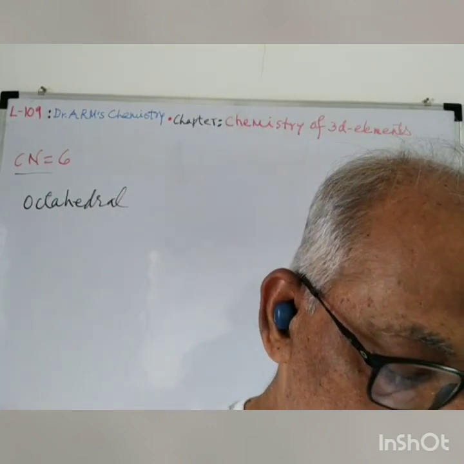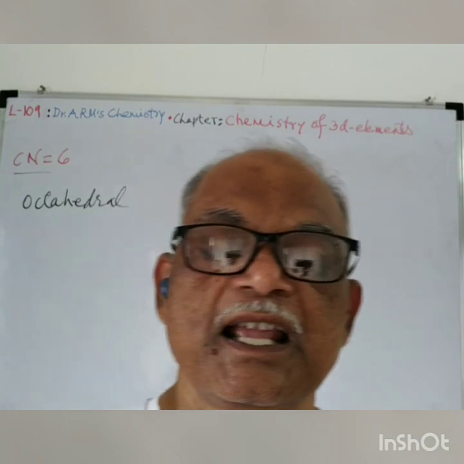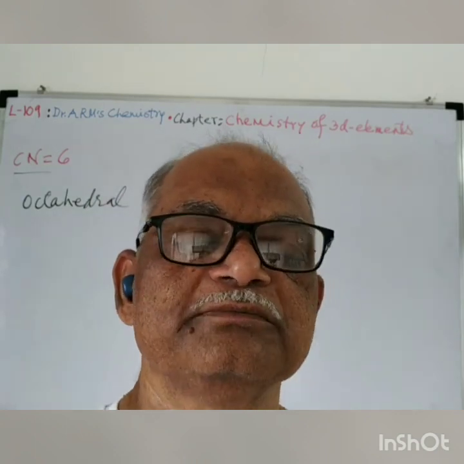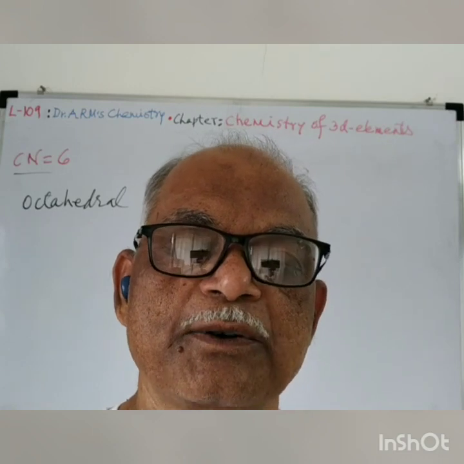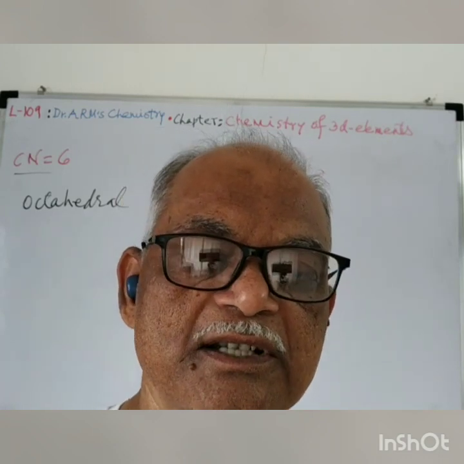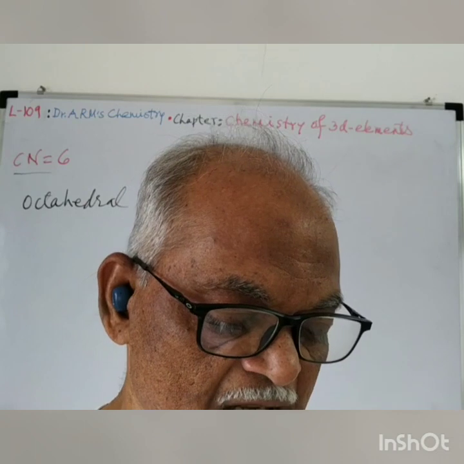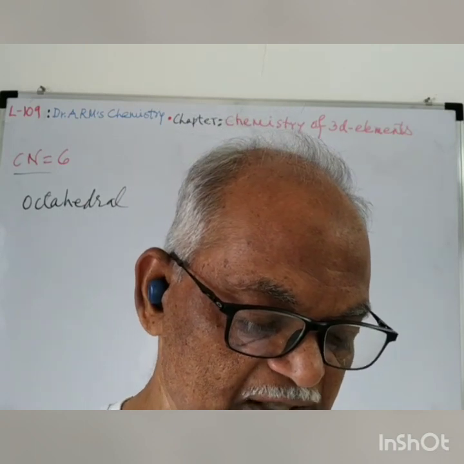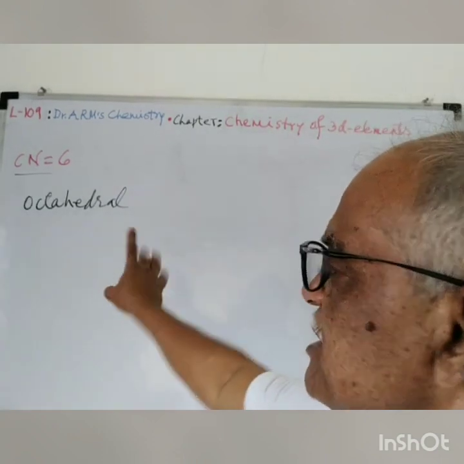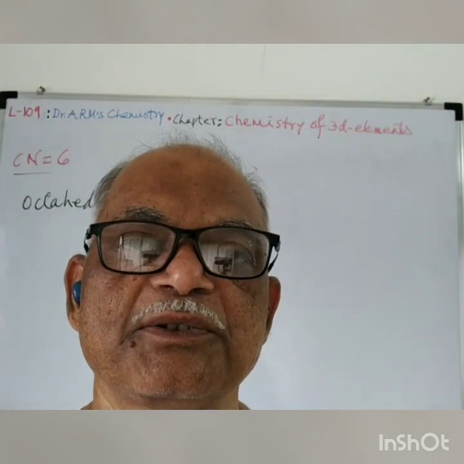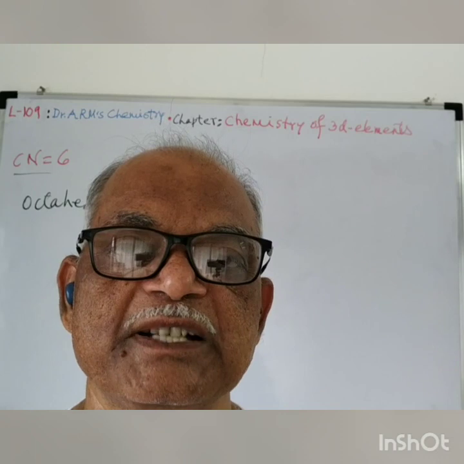So the metal ions in these complexes can show a higher coordination number, like this coordination number 6. The shape commonly observed is octahedron, but in addition to this, the shapes are prismatic